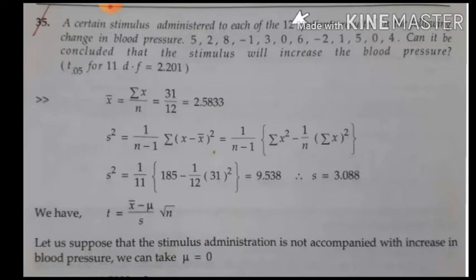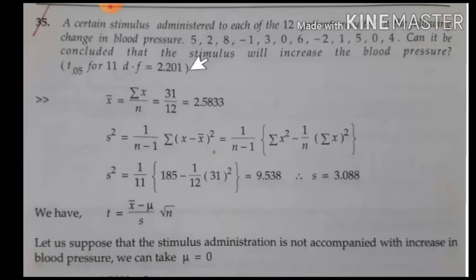So n value is given, data is given, means I can calculate x bar, the mean of the sample, and I can calculate the standard deviation of the sample. Calculation is same as the previous problem. But in the previous problem they told the mean height is 66 inches. Like that, have they given